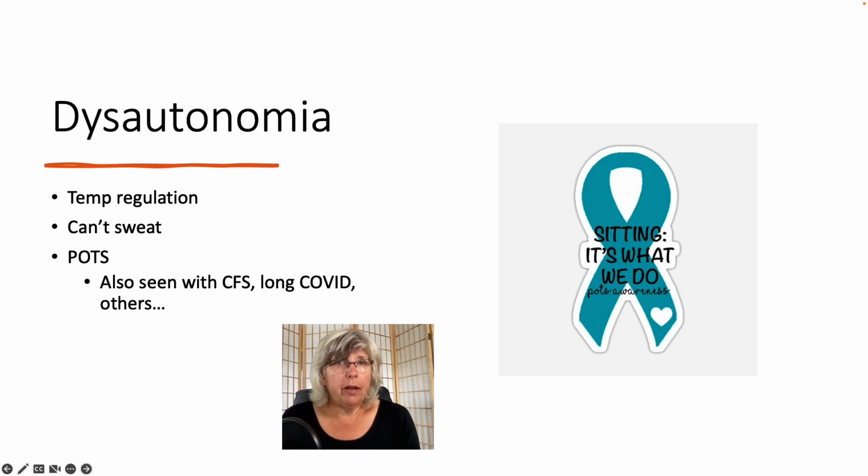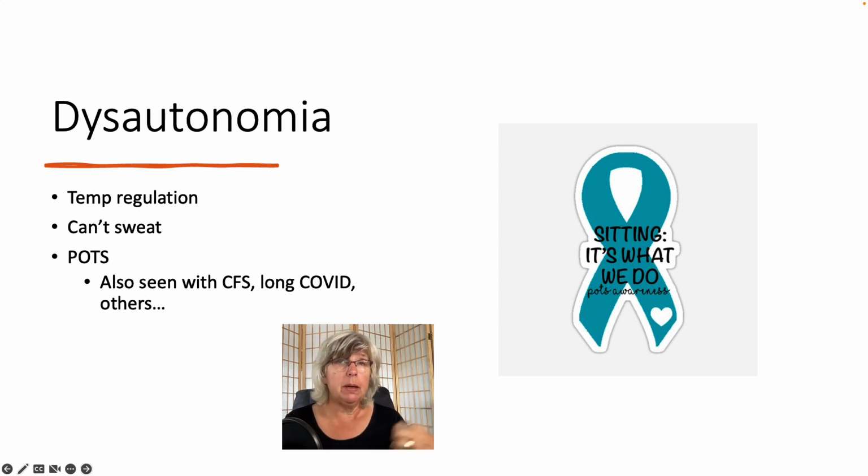Dysautonomia turns out to be a big factor in fibromyalgia, and this is a big term. Dysautonomia just means dysfunction with autonomic action. And you can make an argument that a dysregulated HPA axis is simply a reflection of dysautonomia because, of course, at the center of this is the hypothalamus.